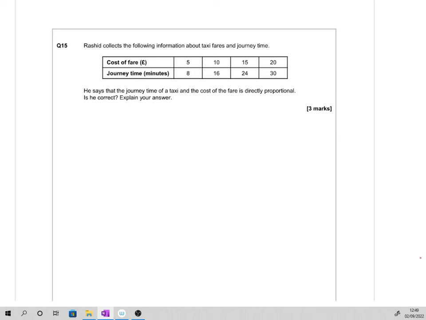Right. So what I'm going to do is look at these numbers and look at the bottom numbers as well. And this number is times 2. I'm looking at it there. 5 times 2 is 10. Times 3 is 15. And times 4 is 20. So this should be the same. 8 times 2 is 16. 8 times 3 is 24. And 8 times 4 should be 32. So no,